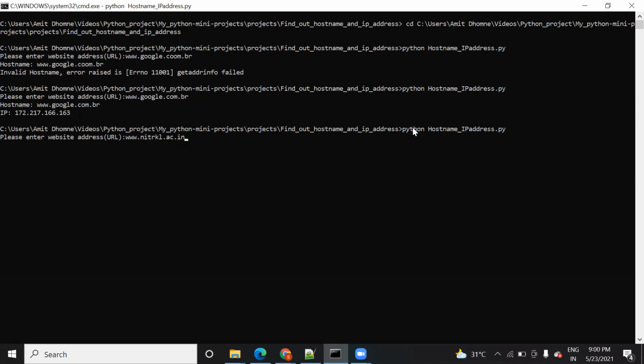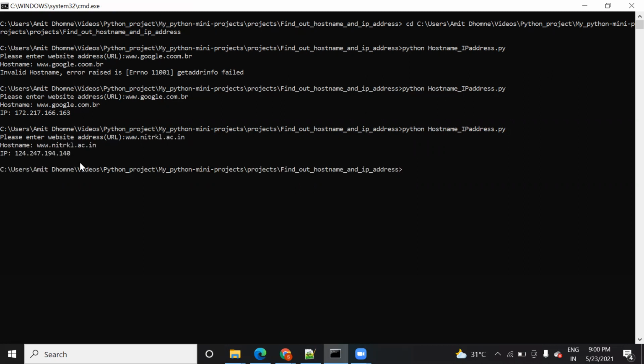nitrkl.ac.in. So when we type it, let's see whether it's giving the host name or not. See, the host name is the same as your website name. But it is giving you the IP address, and that IP address is going to uniquely identify your website